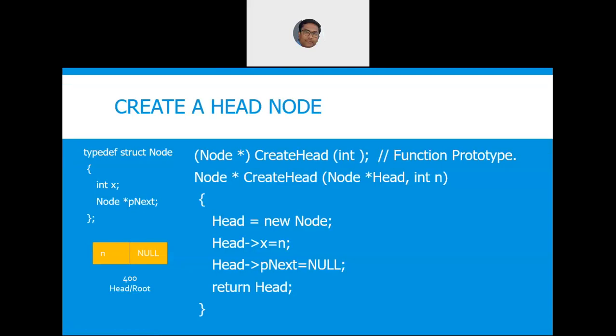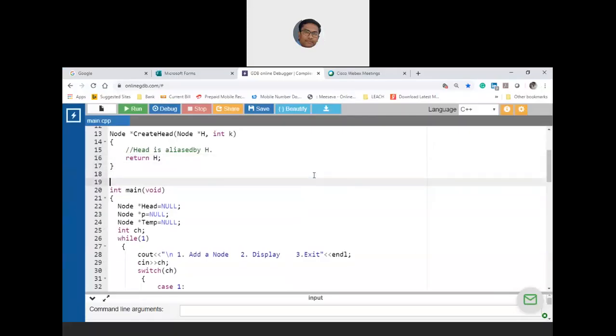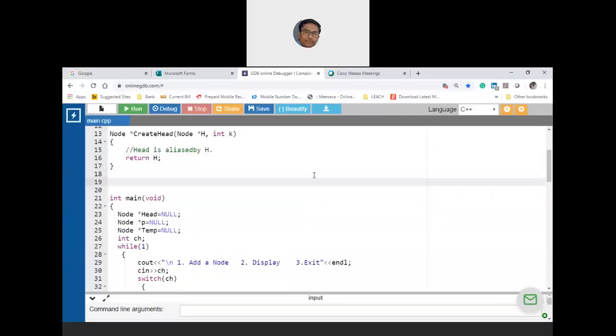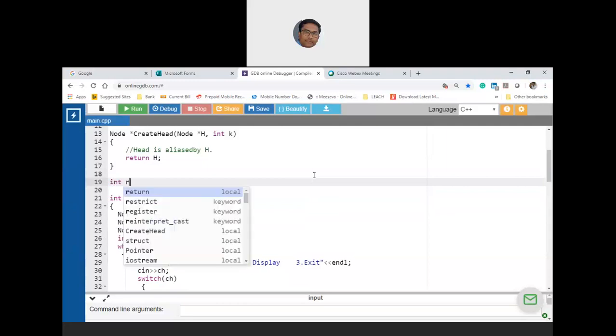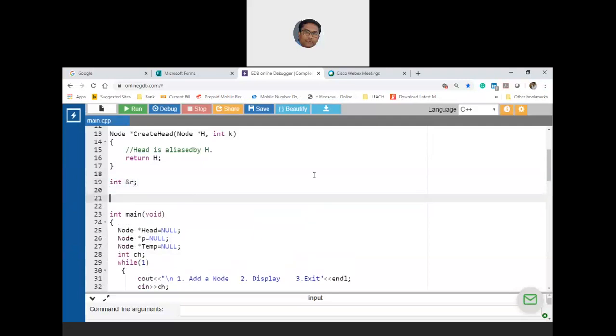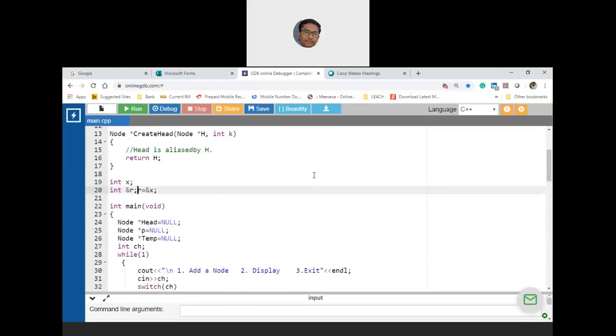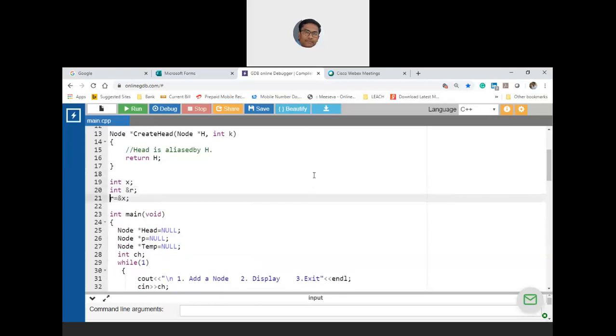Is it possible to define something like, let us say, int reference variable R, and then I say that R is pointing to the address of X? Can I do like this?